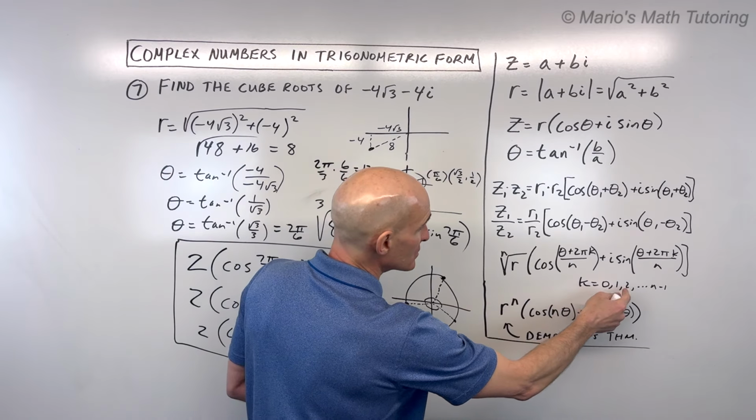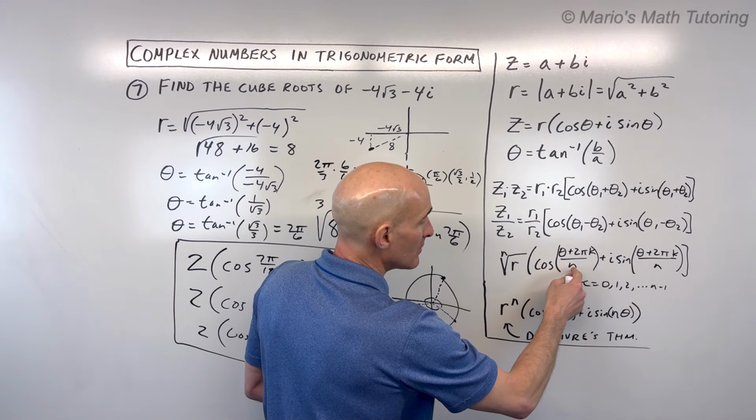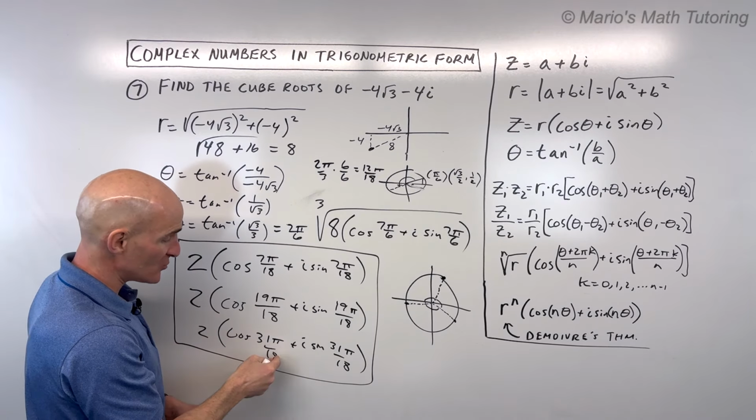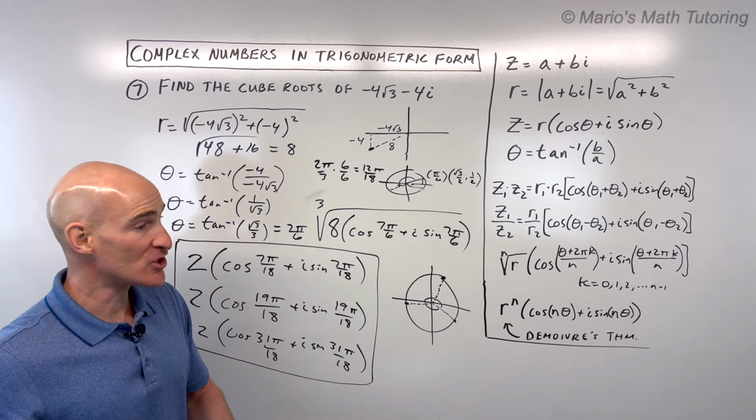Then when k is equal to 2, that becomes 4 pi over 3, but that's like adding 2 pi over 3 twice. So that's why I added 2 pi over 3 and 2 pi over 3 again. So long story short,